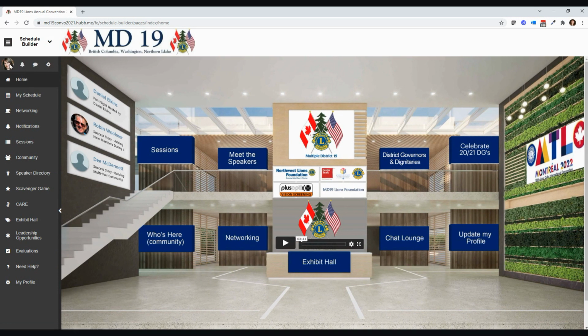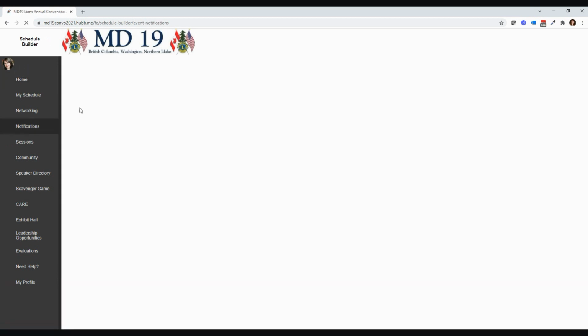Up here next to your profile picture that you uploaded, we have a little bell that will give you notifications. The little cog will take you to your profile, just like down below My Profile, and then the little balloon will create some attendee-to-attendee messaging. So if I click on notifications, you can see it kind of highlight here, it's going to take me to the list of